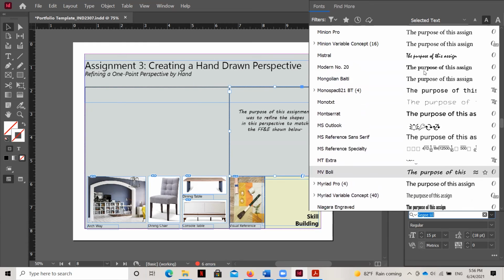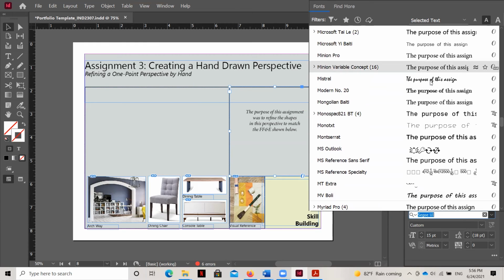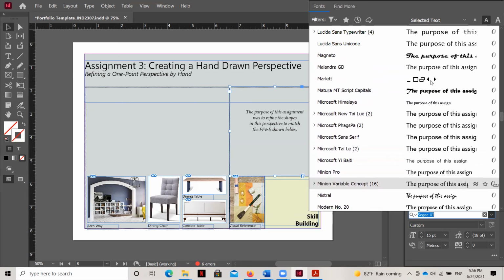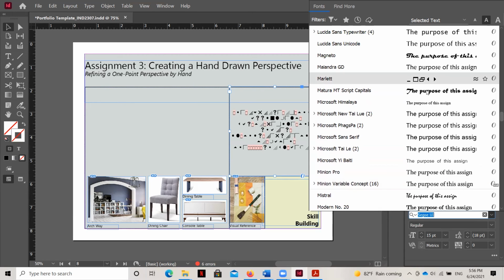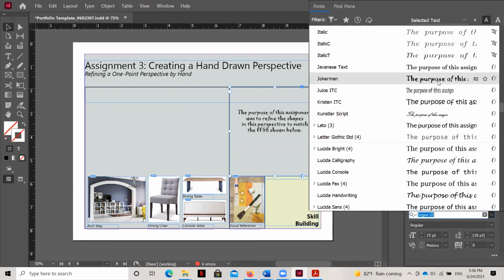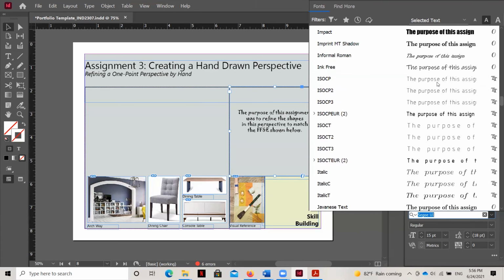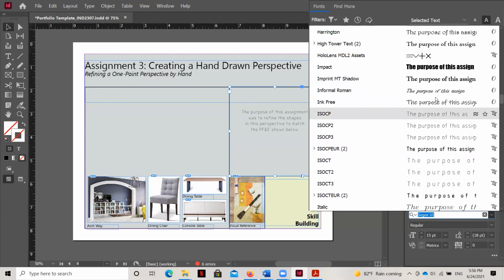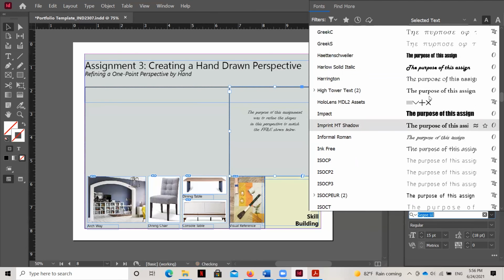So just keep in mind there's fonts that are cursive, which are a little bit difficult to read. Fonts that have almost a Gothic feeling to them convey a sense of tone. You can see that there's ones that are a little bit more playful, which would again maybe signal a sense of playfulness or childlike sort of feeling within your portfolio. There's some that look a little bit more like hand drawing, which can make a portfolio seem a little bit more casual, which certainly has its purpose.